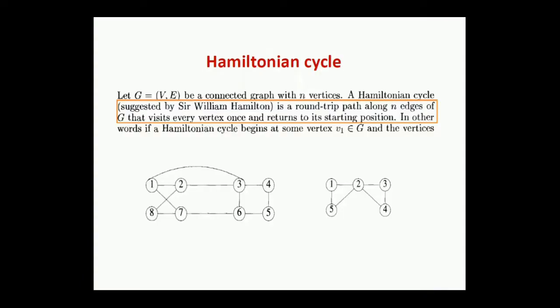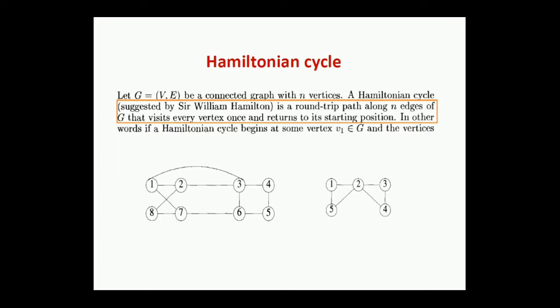So what is a Hamiltonian cycle? If we are given a graph with a set of vertices represented as V and a set of edges represented as E, and we consider it to be a connected graph with n vertices in it, then a Hamiltonian cycle is a round trip path along n edges of G that visits every vertex exactly once